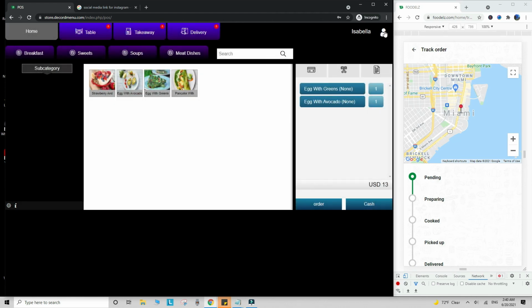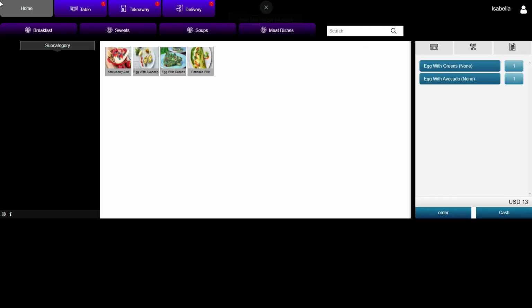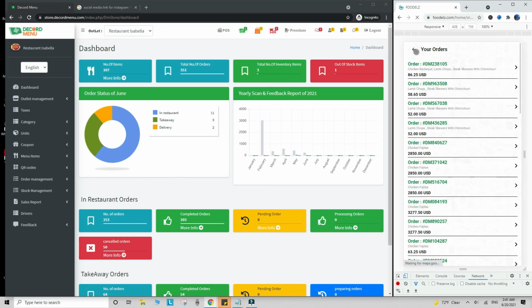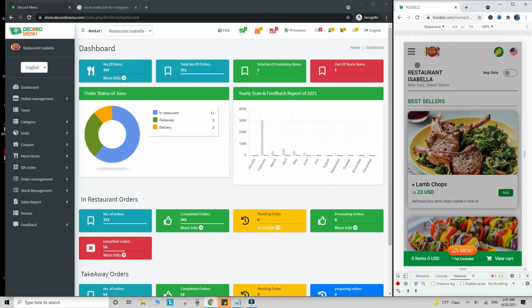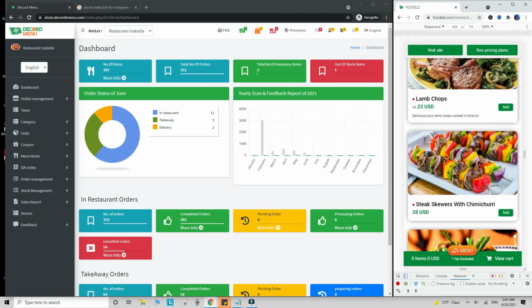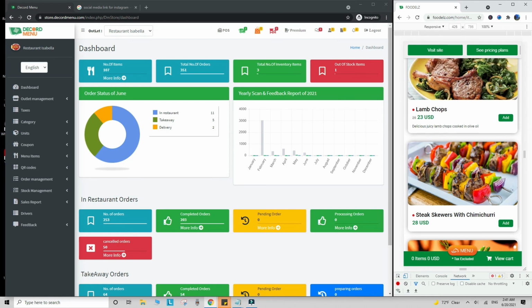So that's all. This is an amazing system, and it works without any hardware requirement. You can use your simple computer or existing hardware and upgrade to this system. So it will instantly digitalize your restaurant, and you will be having an awesome looking menu which you can use on your social media platforms or share with your customers on WhatsApp and everywhere.